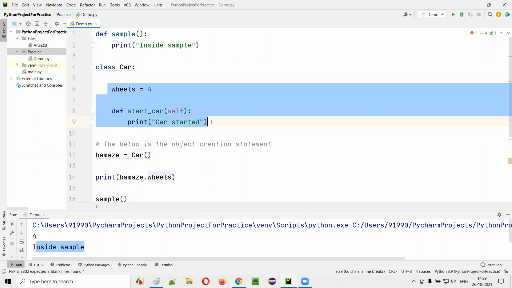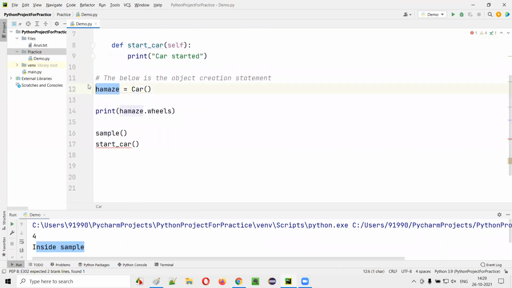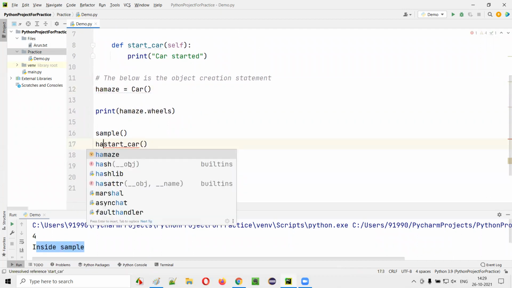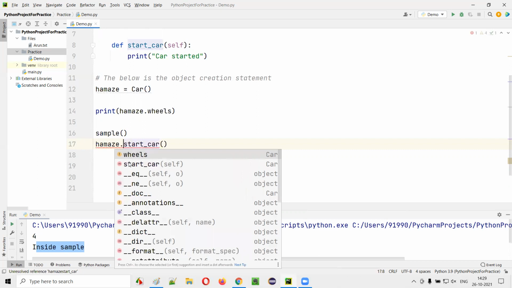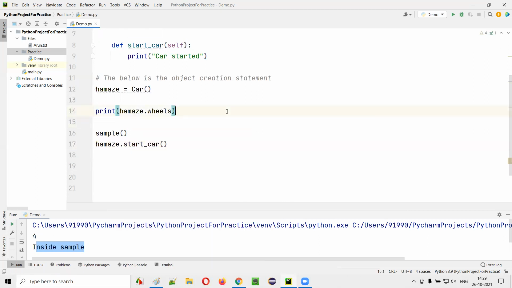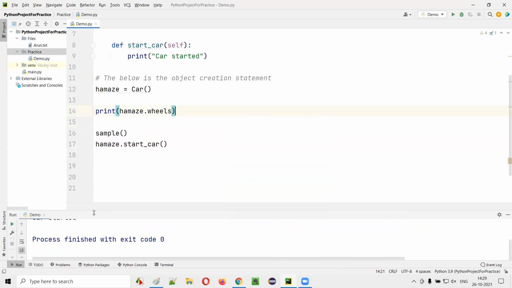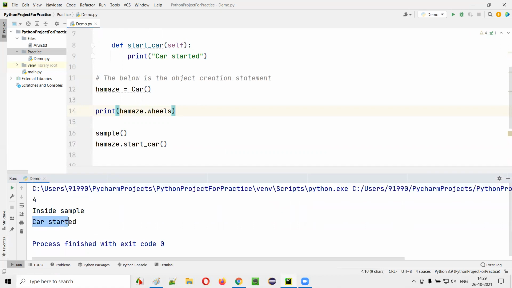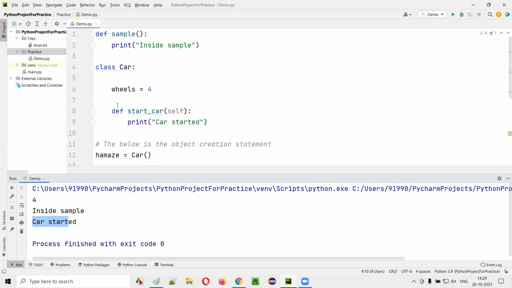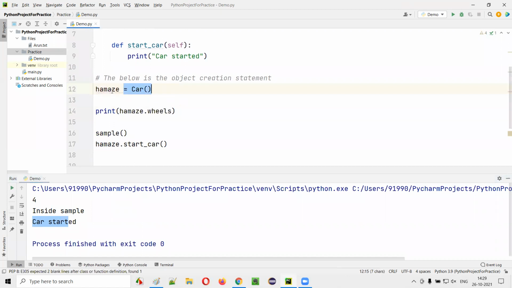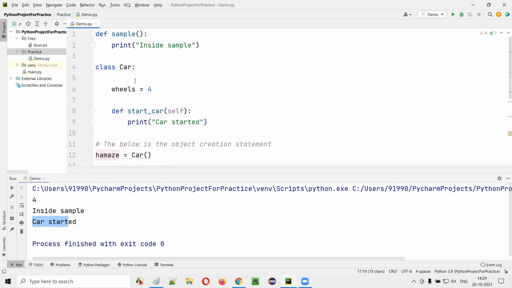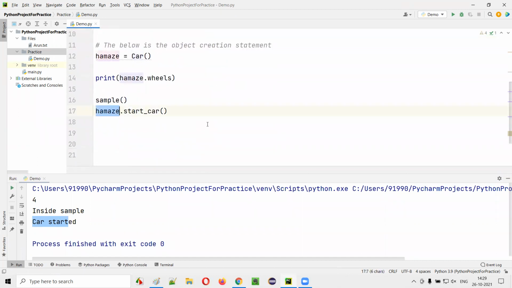To access these properties of the car class, I have to create an object reference, and using the object reference only I can access them. Here, if I say Honda Amaze dot start car, the error is gone. Run this code, it will work now. To access the properties of the class, we have to create an object, create the object reference referring to that object, and using that object reference we can access the variable and also call the methods inside the car class.